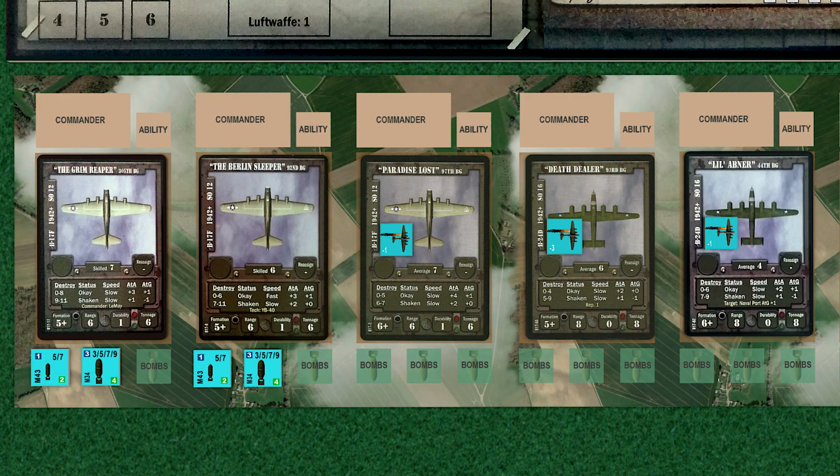The 92nd forms up over the target, flies through a flak barrage, and the gunners miss wide on rolls of 1 and 2, modified to 0 and 1 for durability. The 92nd will bomb with a +1 modifier. The group drops their bomb load,